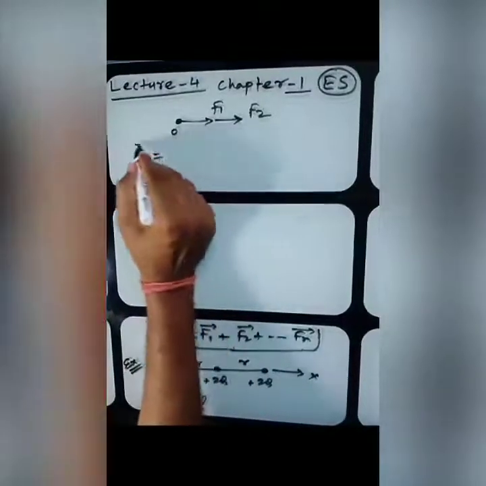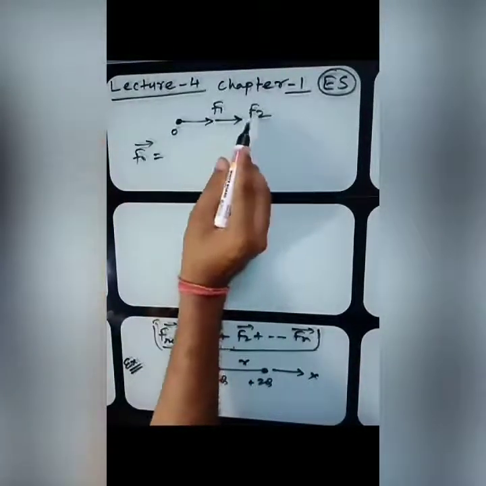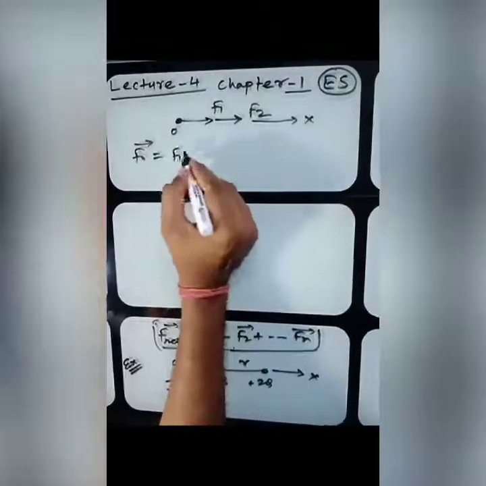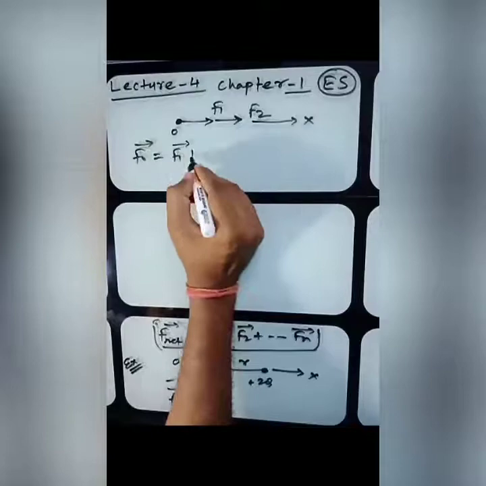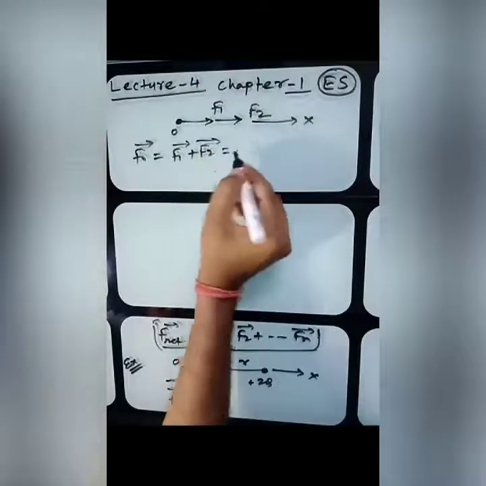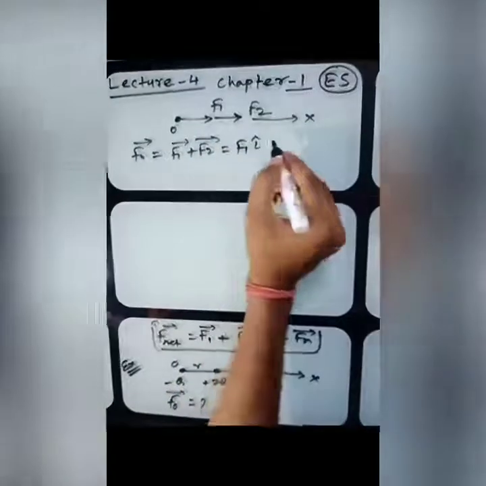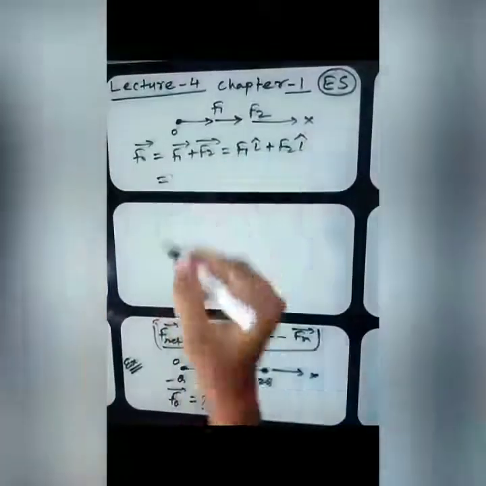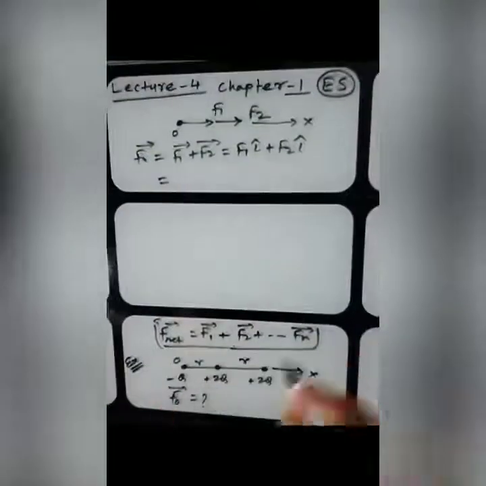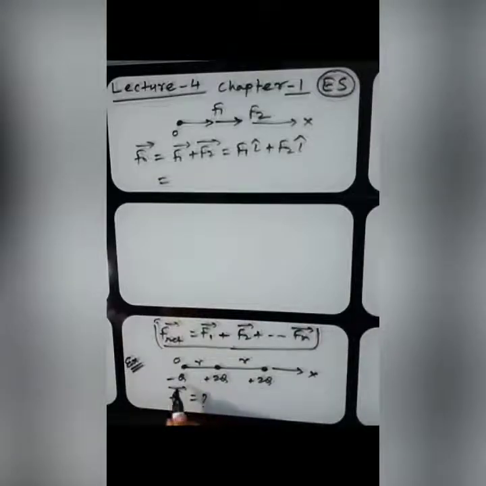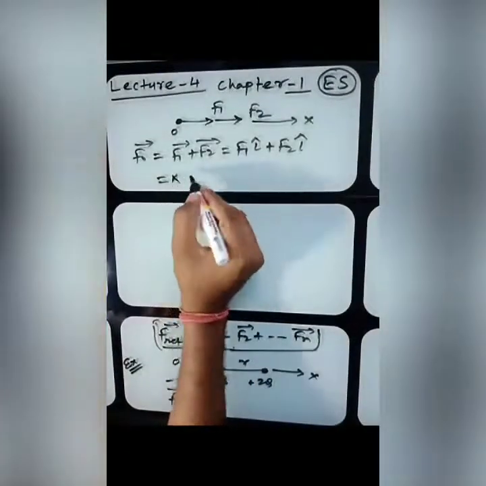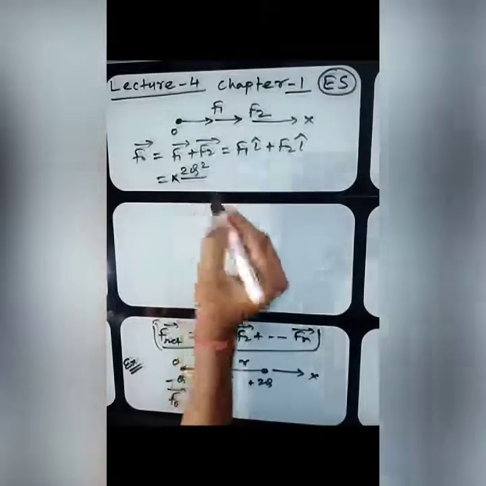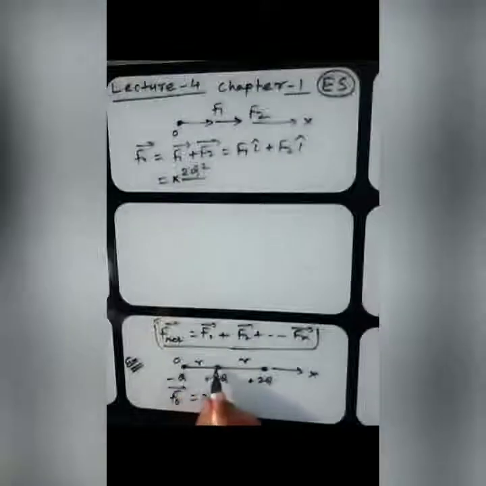The net force is the vector sum. Both the forces are in the same direction along the x-axis, so you can write F1 plus F2 as F1 i cap plus F2 i cap. Now put the magnitude and direction. Here, for charges Q1 and Q2, that is minus Q and 2Q, the force is K times Q1 Q2, so K 2Q square over the separation between these two charges R,